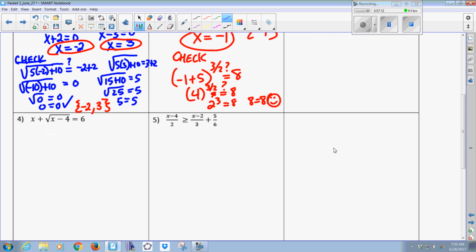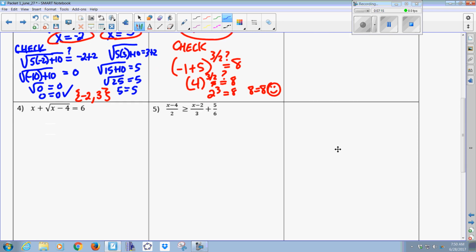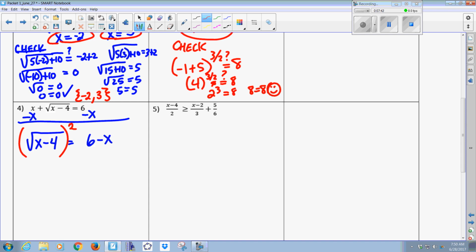Okay, 4 is another radical equation, but here we have to do a little bit of work before we can isolate the radical on the left side. So let's subtract x from both sides. And when we do that, we've isolated our radical. We just have radical x minus 4 on the left side, and we have 6 minus x on the right side. Okay, to remove the radical, we do the inverse operation of square root by squaring, and then we square